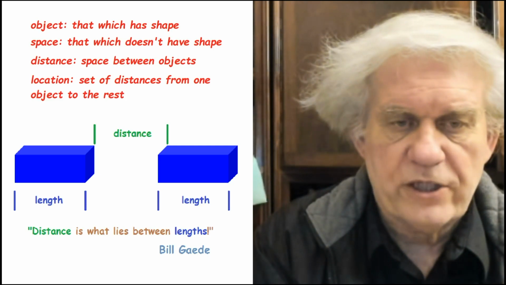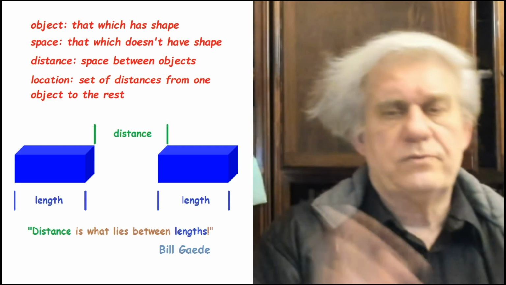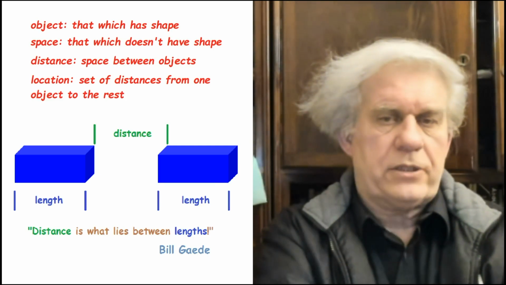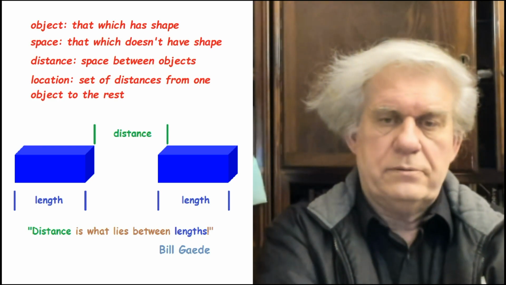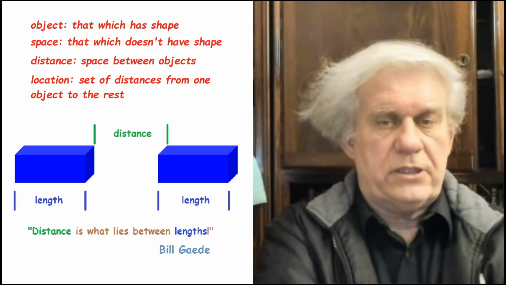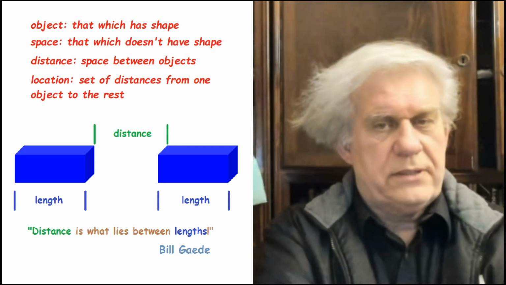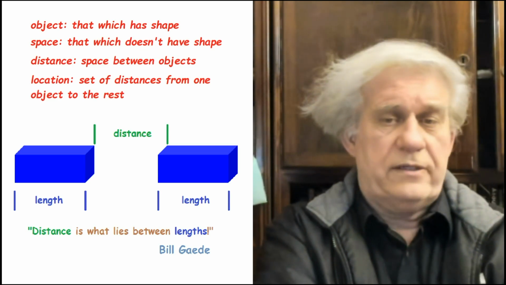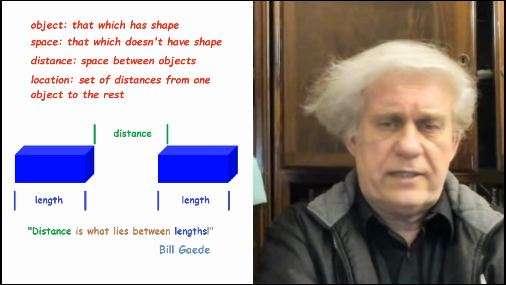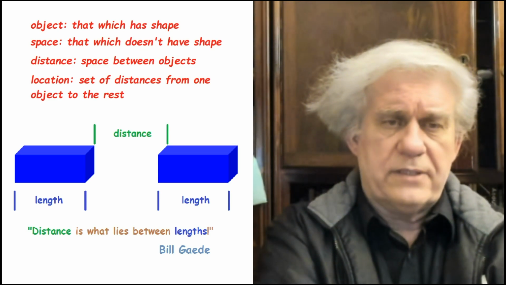And here's the definition. We start with the word object. First word we have to define in physics is the word object. You can't do physics without objects. What is an object? That which has shape. Not that which you can touch, not that which you can see. Not all objects can be touched, not all objects can be seen. And we found that out by trying to see the sphere that the Klingon has there. We can't see it. So no, we can't use that.